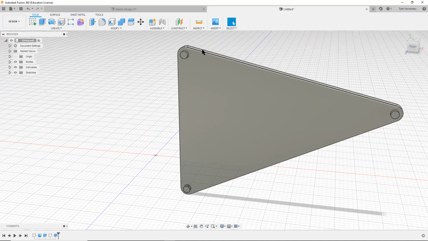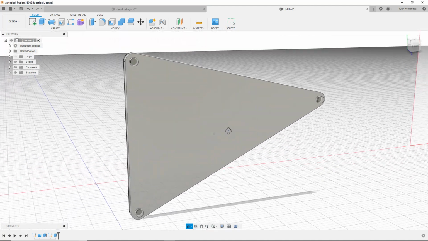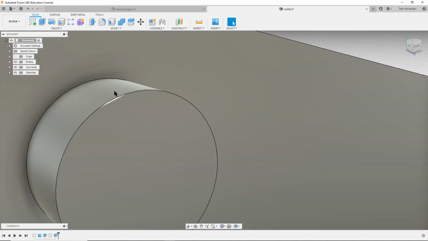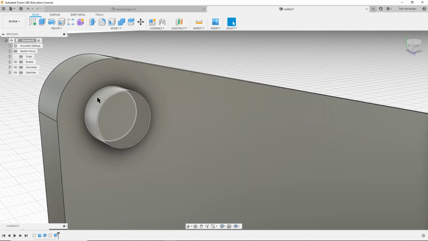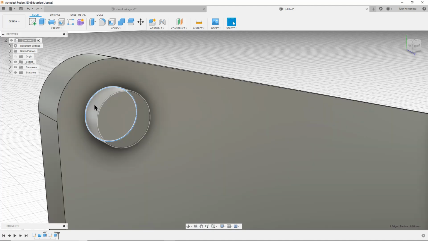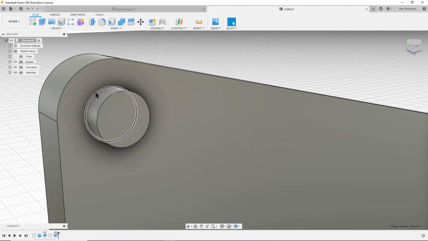Typically, you might do a little bit of post-processing or cleaning up to make this nice. When you've got a joint like this, that is a 90-degree joint where there's material sticking out, this point would be something we call a stress riser, where stress in the material is going to build up at this point, and this is going to be a point of failure. So you can actually select this point and do what's called a fillet, or round this point over so that it's not as sharp of a corner. So if I press fillet,